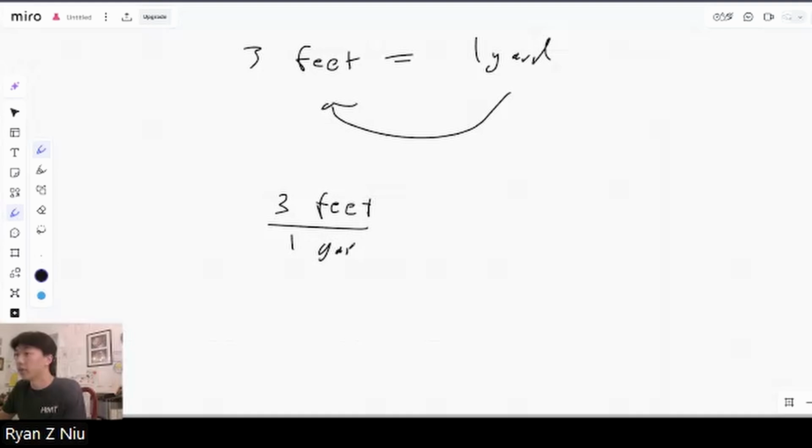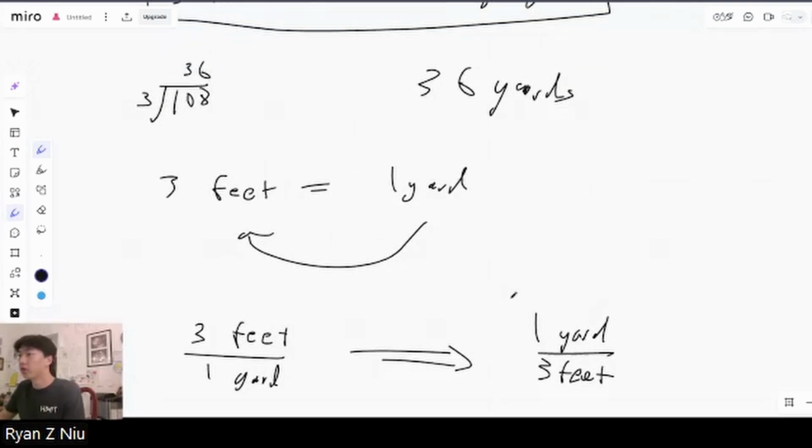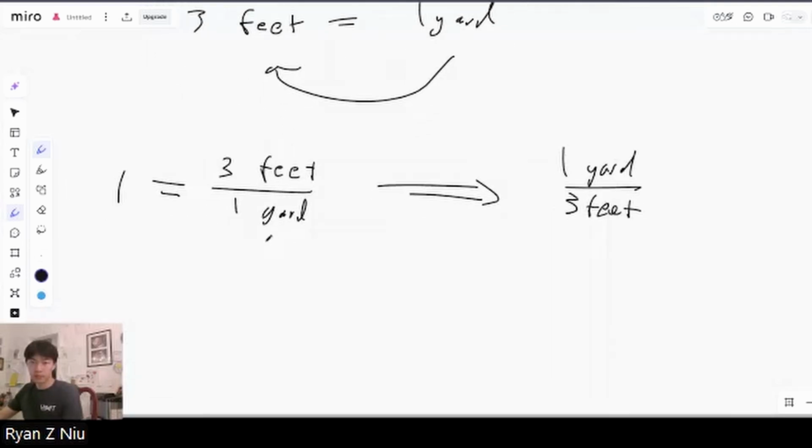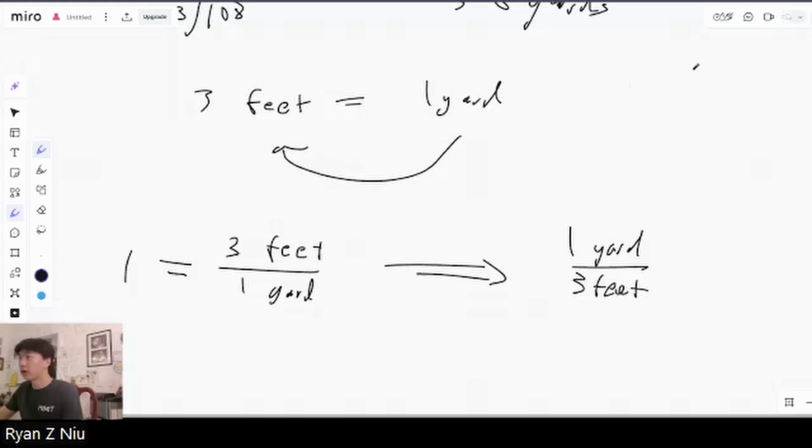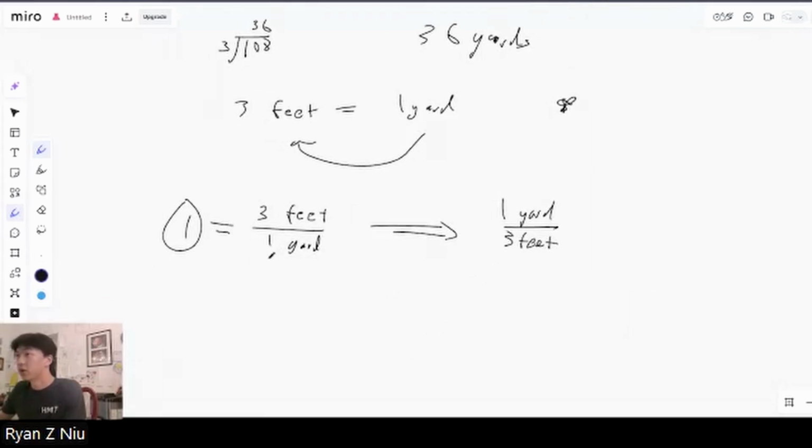over 1 yard. And vice versa, we could also do 1 yard over 3 feet. And the important thing here is when we divide over, all we're left with is 1, right? So we move the 1 yard over, and essentially we just have 3 feet over 1 yard. Well, that's just going to be 1, because they're equivalent to each other. We're treating everything as variables here. And so why this is important is this is called a unit conversion,